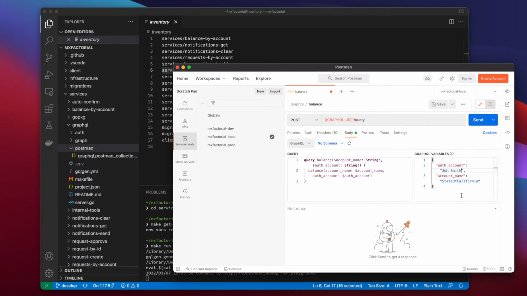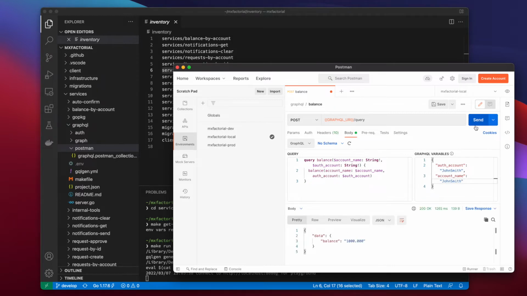Okay, John Smith, you want to know your account balance? Send the request. The John Smith balance request is received by your local GraphQL server. GraphQL routes the request to the balance service in Lambda. The balance service queries RDS, and it should be fetching it from a key value store, but we're keeping architecture simple right now. The balance Lambda responds, and your local GraphQL passes the response back to you.